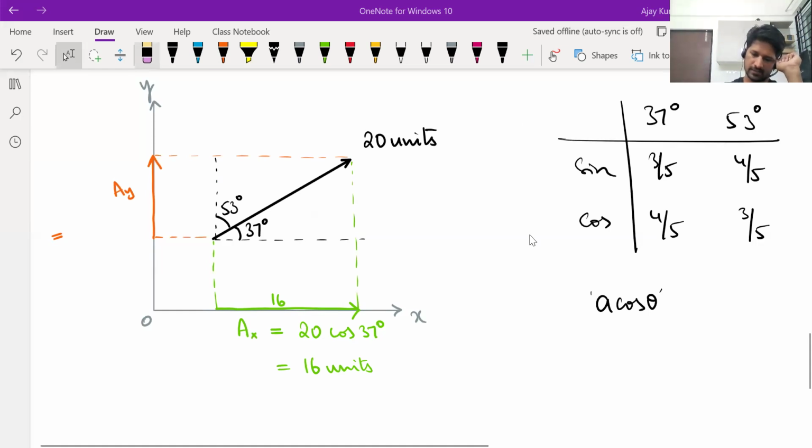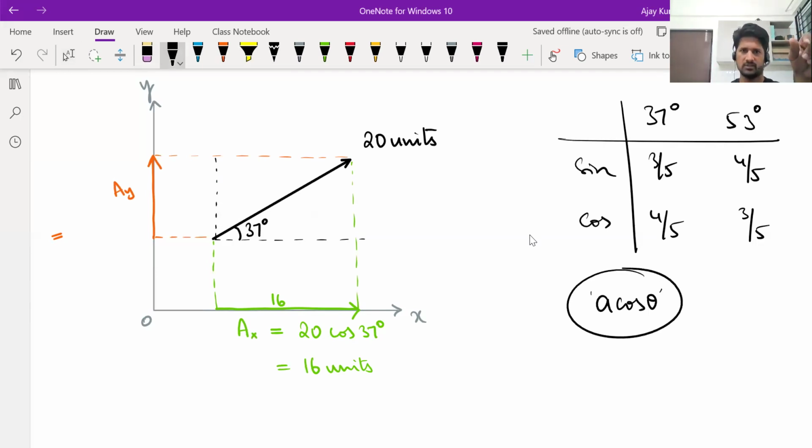Listen. The actual formula for a component is a cos theta. It's always cos. But remember, a is the magnitude of the vector. Theta is the angle it makes with that direction in which you want the component. So if you want the component along the x direction, you should take the angle with the x-axis and use the cos formula. If you want the component in the y direction, you take the angle with the y-axis, then also you use the